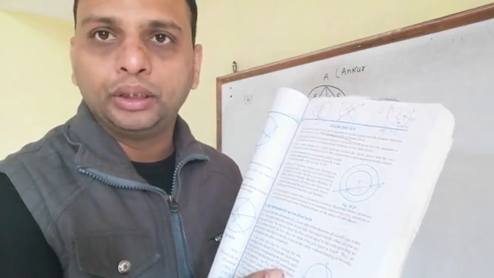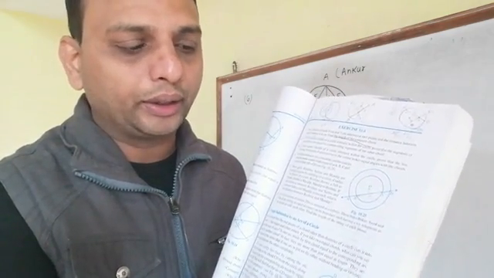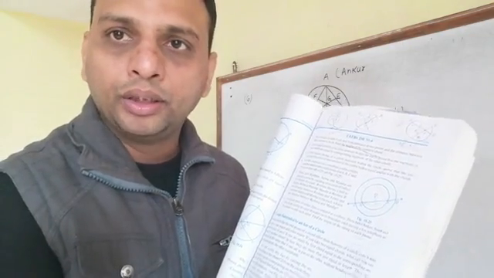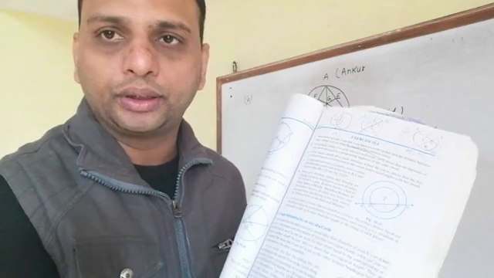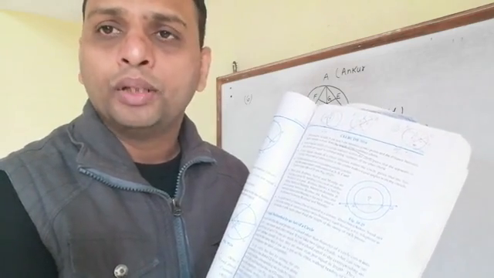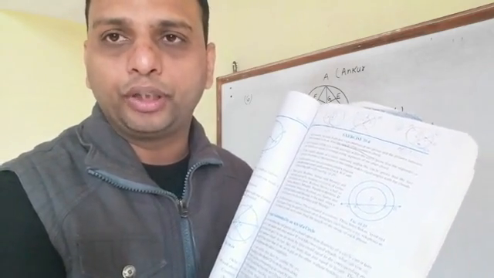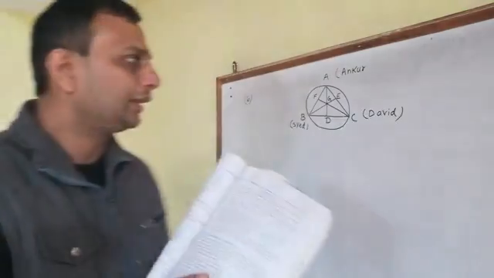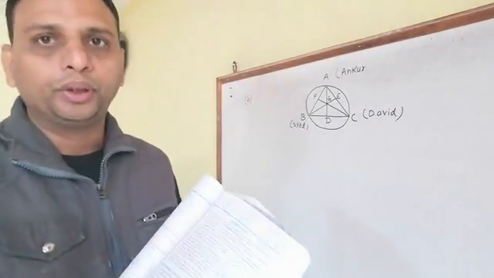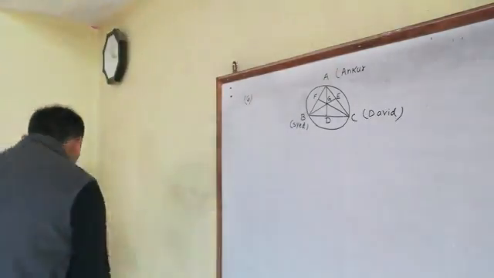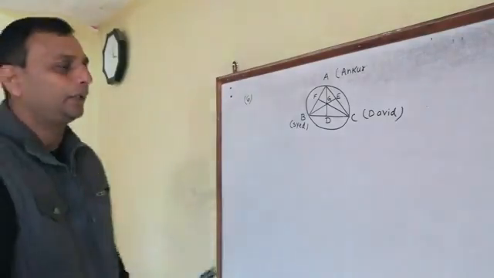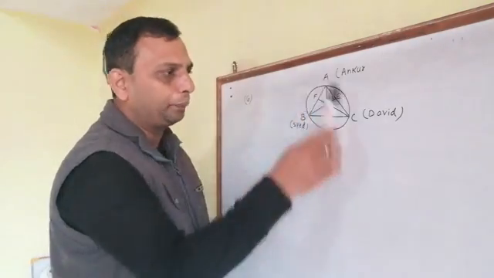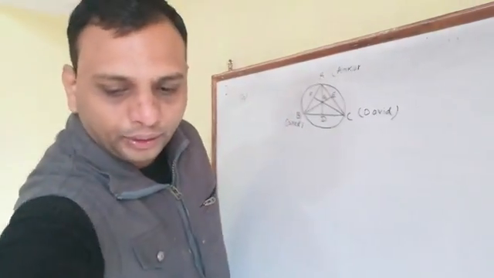Means the distance between Ankur and Sayed, Ankur and David, and David and Sayed. We have to find the distance between them. So for that we will see, I had already made the figure on the board. You can see the board figure. These are the three boys. This is a circular park. You consider this as a circular park, and